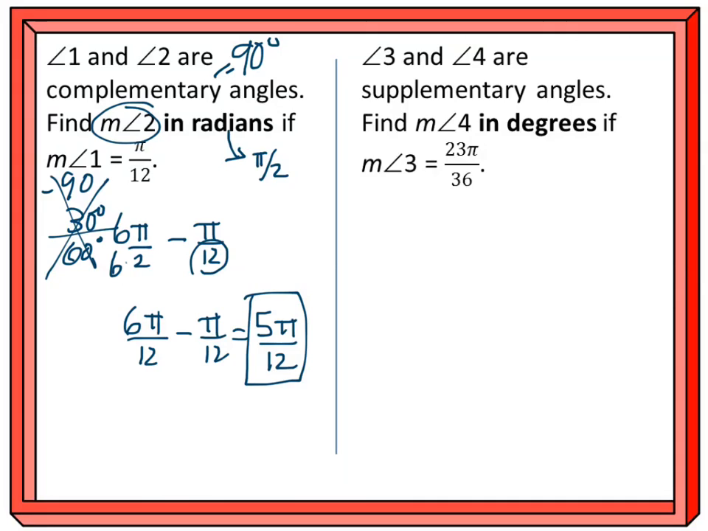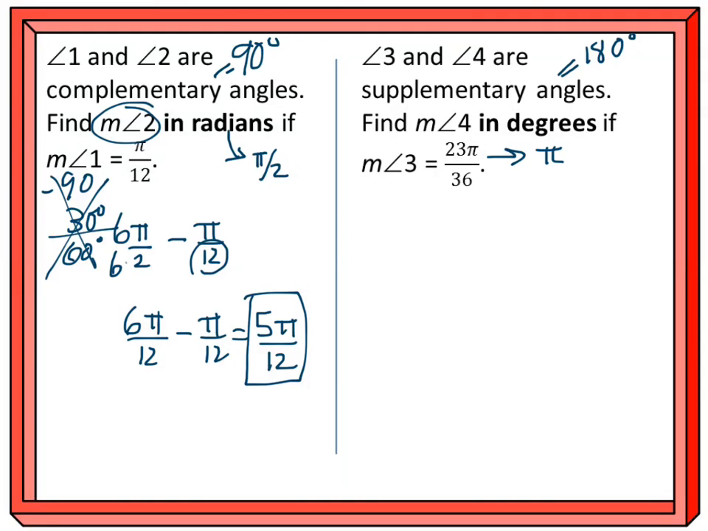Okay, on the right-hand side, 3 and 4 are supplementary angles. Again, ordinarily I'm thinking of 180 degrees. Find the measure of angle 4 in degrees if the measure of angle 3 is 23 pi over 36. So that's in radians. So since this is in radians, we know our two angles have to add up to